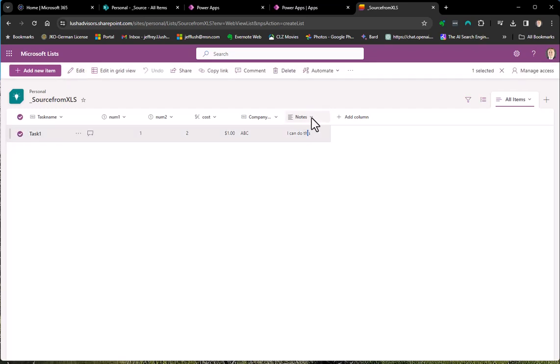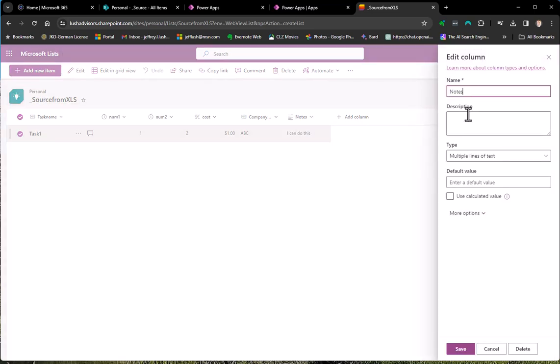We want to go to column settings, and then I think we could edit this. Let's edit it. It says multiple lines of text. Everything looks good. Let's do this multiple options. Okay, it's not showing what I want it to show here. So let's go ahead